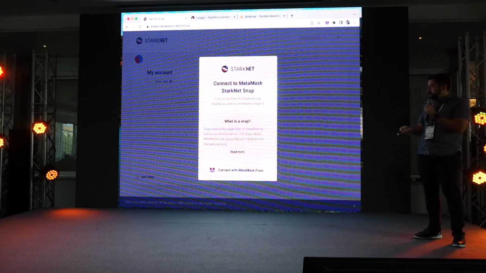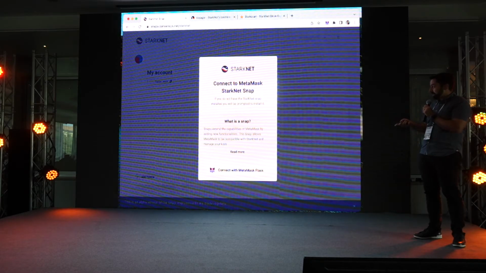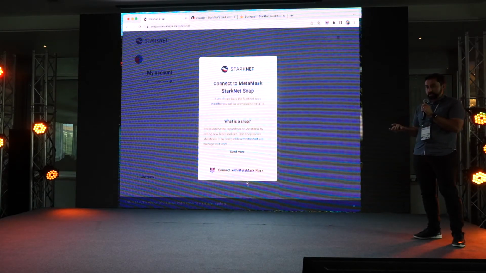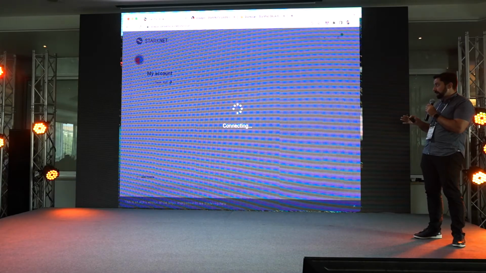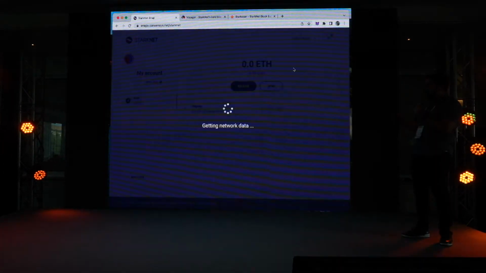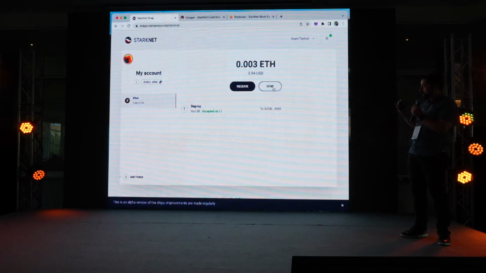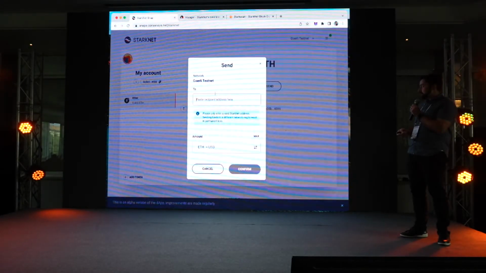Now another example is StarkNet. StarkNet is an Ethereum layer 2, but it's not EVM based, so it has a completely different protocol language, and so it doesn't work with MetaMask. But in this case, this snap is going to facilitate talking to the StarkNet network and making MetaMask compatible with StarkNet. So a very similar idea. Here the dApp is being used as the wallet interface, and you're going to see the pop-ups that are coming from MetaMask that are actually created by the snap. So again, this is on StarkNet's testnet.